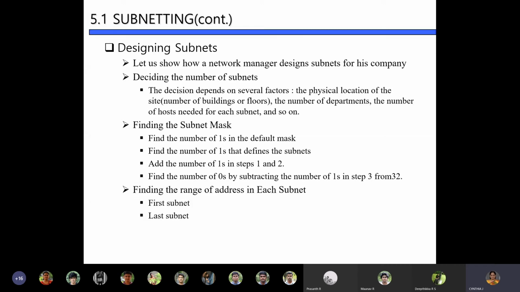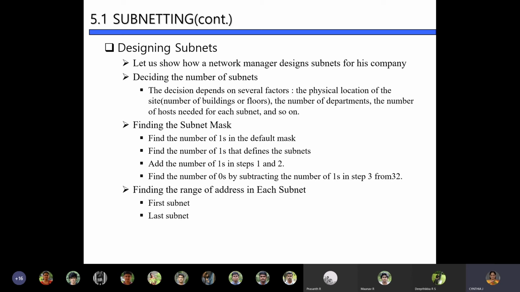So if I'm allocating bits, say it is a class C address, then already it is 255.255.255.0. Among those 8 bits, if I need to have 6 subnets, then it will be 111 followed by 00000. The decimal equivalent of that binary value will be my subnet mask.